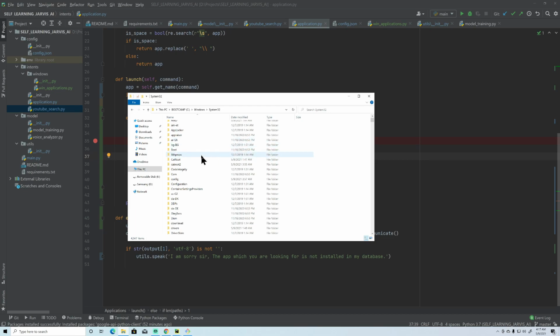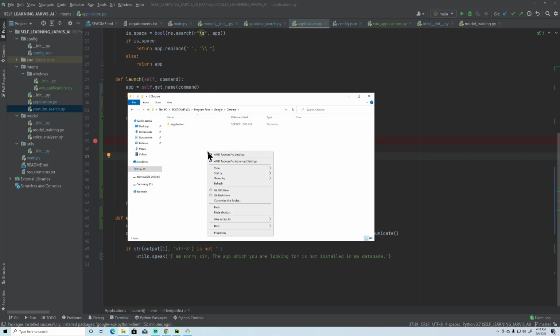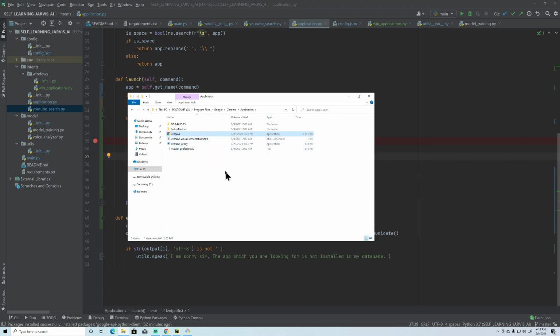Now first we need to have these two, what I should call, exes. So let's see, first make two folders here. So Google Chrome application. So yes, what I'll do, just copy this, go back here, and can I rename this?